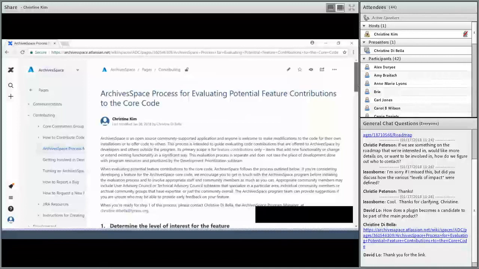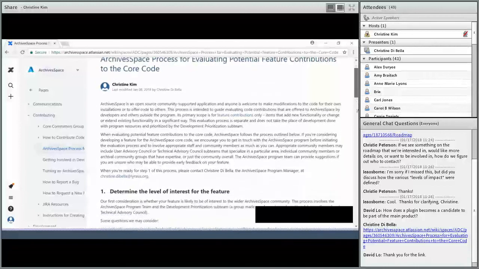So if you go to that link, you'll see a step-by-step of how any kind of development, whether it's a plugin or core code, how we evaluate whether it's appropriate to go into the application or not. People can develop whatever they want for their own ArchivesSpace, of course. They can offer any kinds of development to others that they want. But in terms of the core application, the application that comes when you download and install ArchivesSpace from our GitHub repo, these are the things that we're thinking about and evaluating